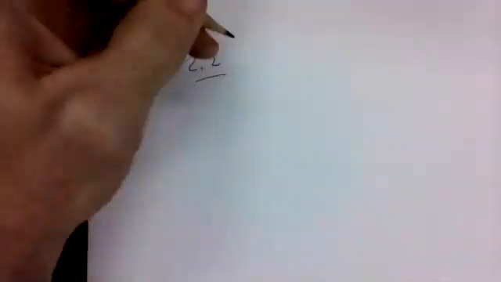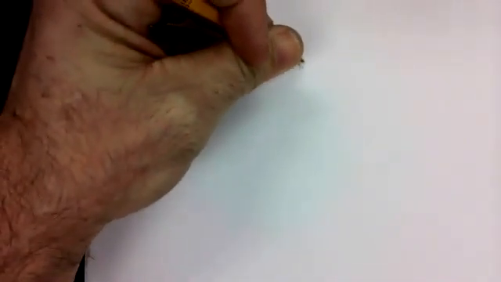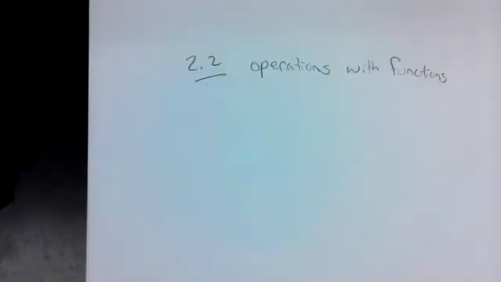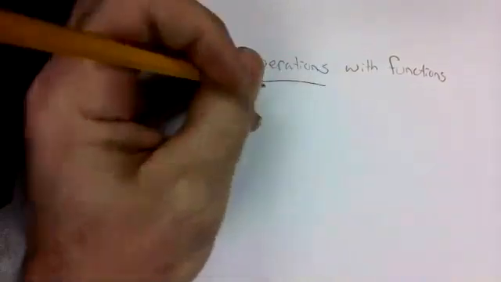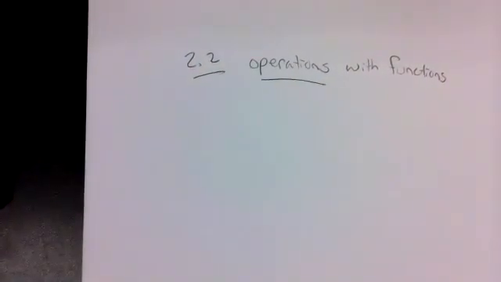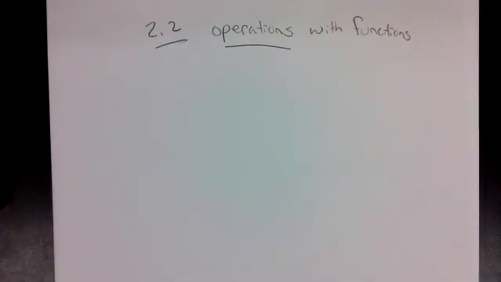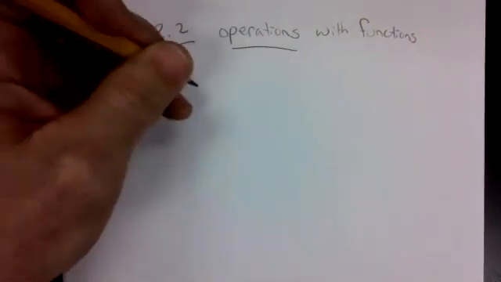All right, so we're going to get into 2.2. And I'm sorry, I'm left-handed, I kind of write over stuff, but anyway, I'll take care of this. But this is operations with functions. So again, we're going to get back into dealing with functions. So it's always going to be f of x and some expression of x, or g of x and some expression of x. And then we're going to be doing various operations with those. So this definitely builds on what we talked about in 2.1. So 2.2